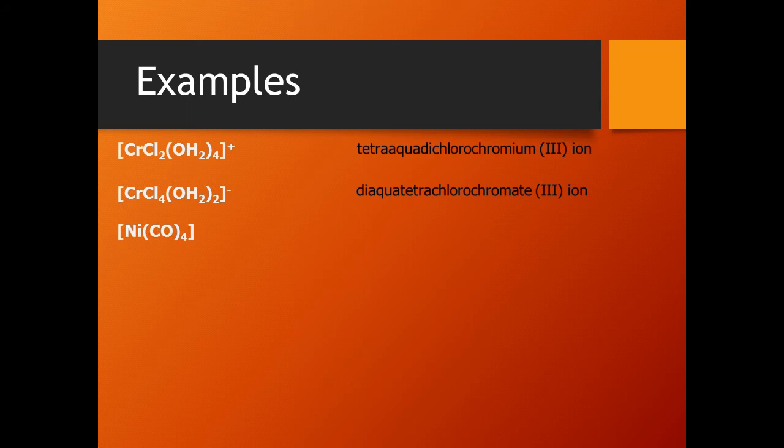The third example is Ni(CO)4. This is a very simple example, and you see this compound doesn't carry any charge, therefore it is a neutral complex. 4 carbon monoxide ligands are present, and we have seen carbon monoxide should be named as carbonyl, tetracarbonylnickel, this is the name, and the oxidation state of nickel is 0 because CO is neutral, therefore the correct name is tetracarbonylnickel(0).